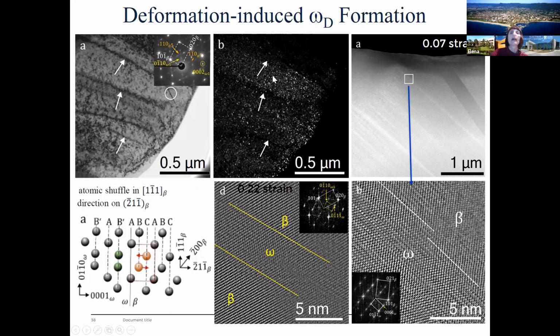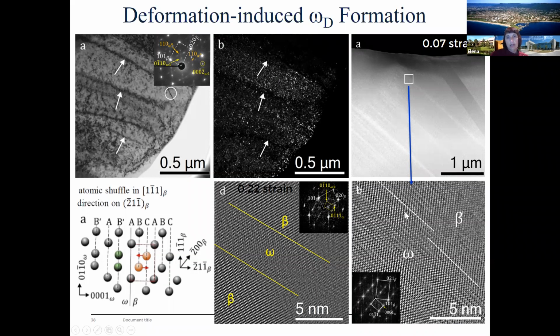Also what's interesting is that without load we usually have two variants of omega phase, and if we have slip taking place in the beta matrix, we have channels of omega-free regions, as pointed out here by the arrows. This is because specifically oriented variants of omega could revert back to beta phase on applied load, and this is why these areas are clear of athermal omega phase when dislocations are moving.